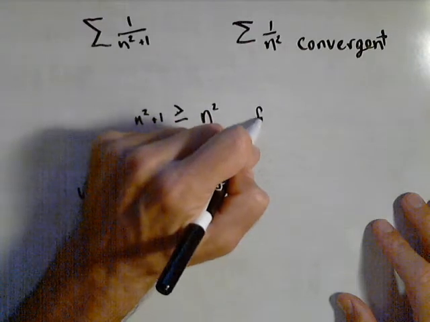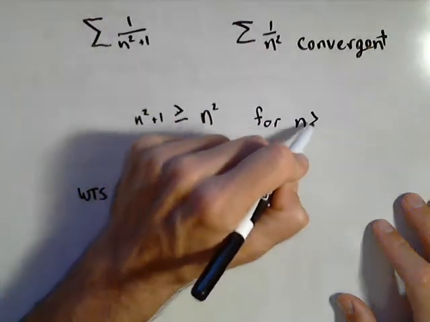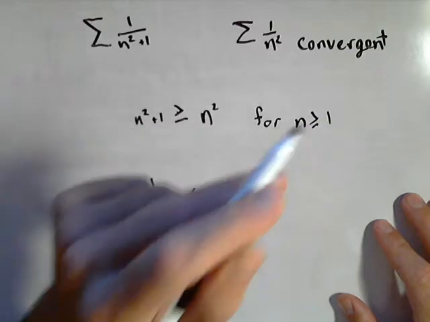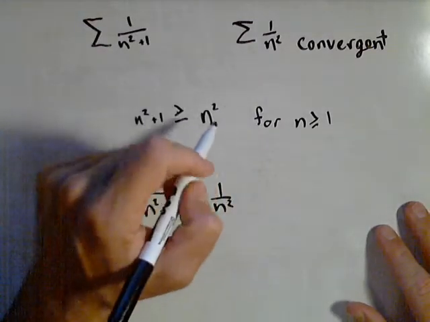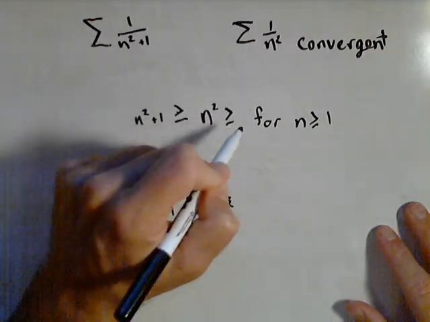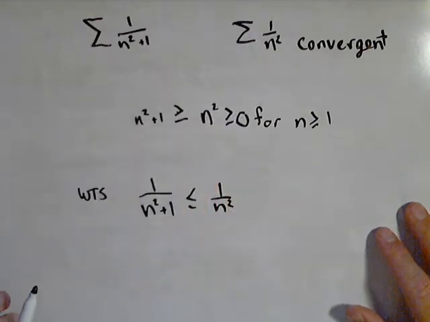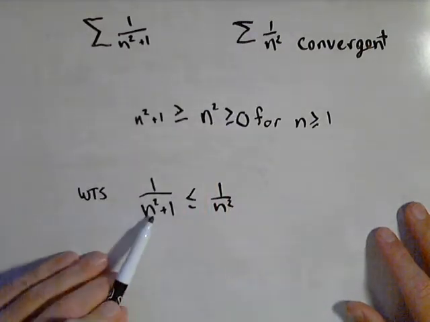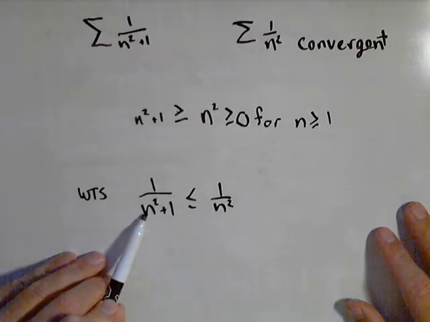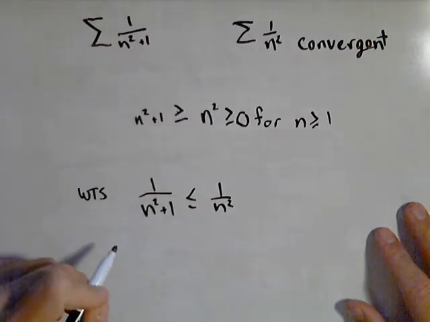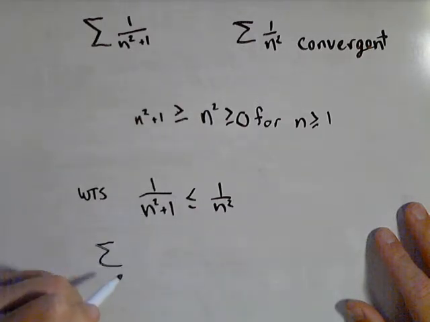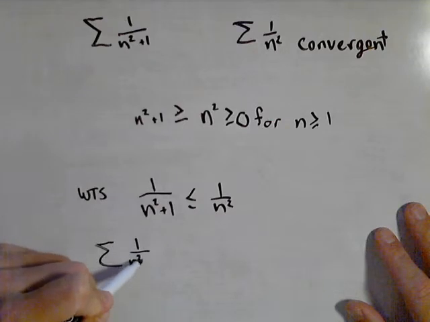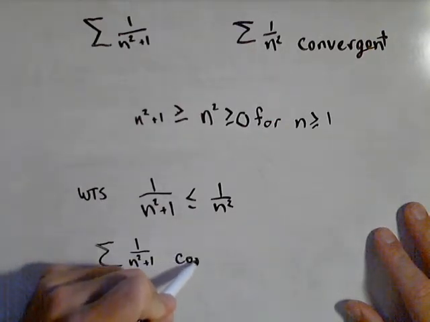And now we're only concerned with n, an integer, greater than or equal to 1. This is clearly a true statement, that n squared plus 1 is greater than or equal to n squared, since n is greater than or equal to 1. The other thing we need to say is that the terms were non-negative. That's clearly true. So we have the inequality that we want. We show this is less than something that's convergent, and from here we can draw our conclusion that the series 1 over n squared plus 1 is convergent